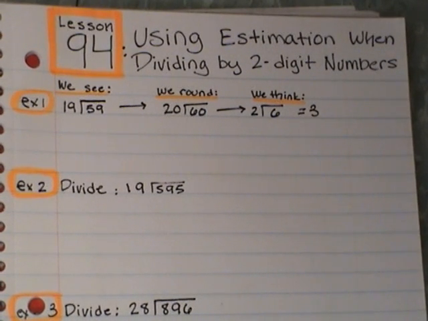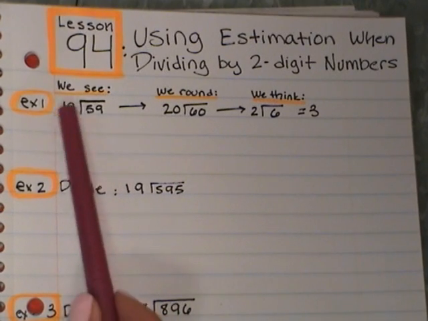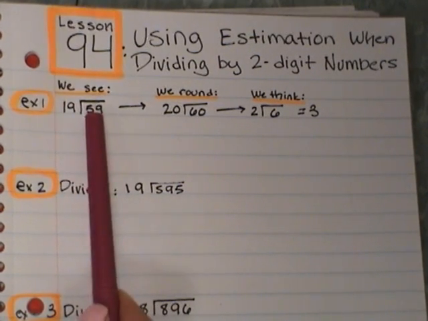So tonight's lesson is lesson 94, and we are using estimation when dividing by two-digit numbers. And we did this, I think, just 2 lessons ago, but we're going to practice it a little bit further because I know that sometimes this is a challenging concept when we're dividing by two-digit numbers. So if you see, I wrote down, like if this was our problem, 59 divided by